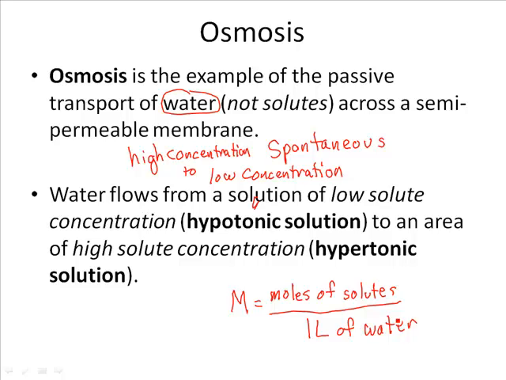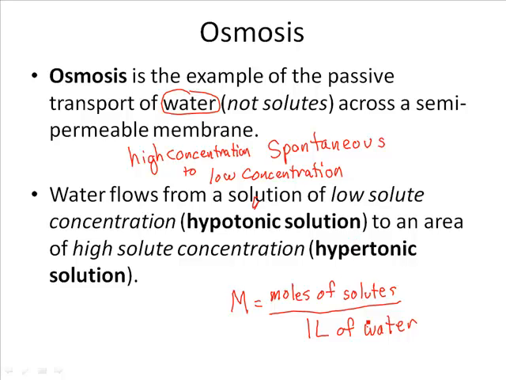Now what's interesting is, how can you have different concentrations of water? Right? Water is water. I can't say this water is too dilute. Can you make it stronger? So we don't really have concentration gradients in those regards. We don't have it in the traditional sense. However, what we're going to see is that the amount of solutes present in the water is going to impact